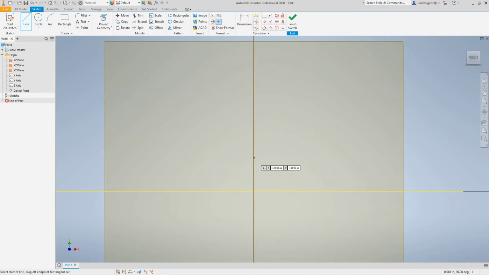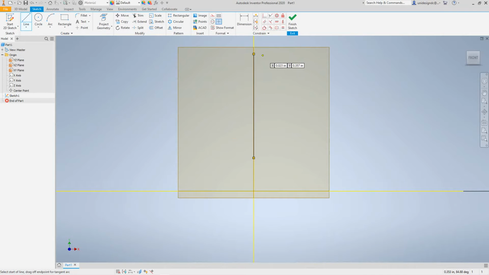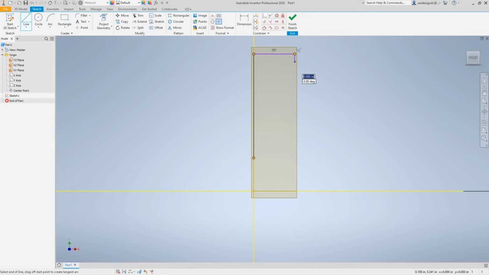Let's go about right here. I want to go a line here, here, a line from this point to there. I want to line the edge from there to there, from there down to here. Go back up, say to right about here, come back down here, and then we'll close it off. So there's our shape. And now we want to take our dimension tool